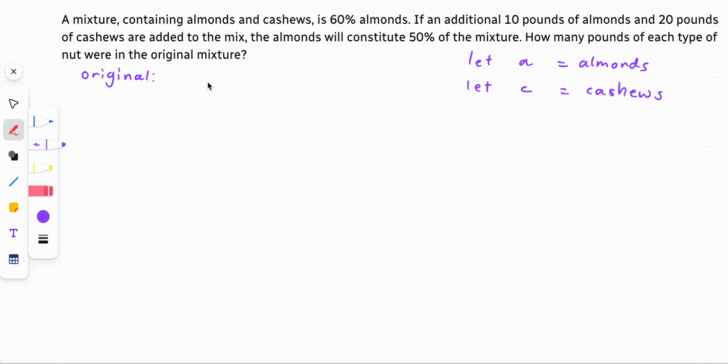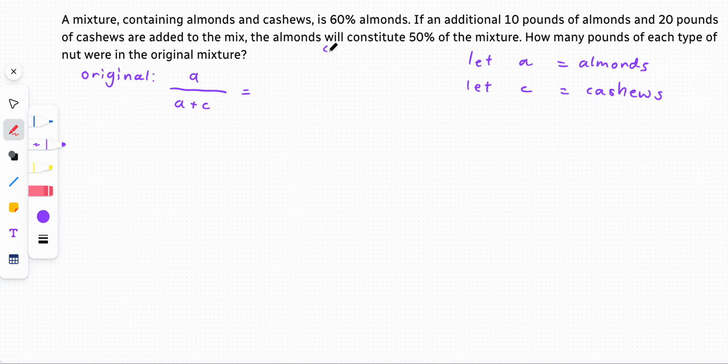What is the equation for the original mixture? So the original mixture is basically a fraction of how many almonds are in the whole mixture. Okay, so basically, our almonds are going to be at the top, and it's going to be over the total amount of nuts that we have, which is just our almonds plus our cashews. And this is essentially going to be equal to